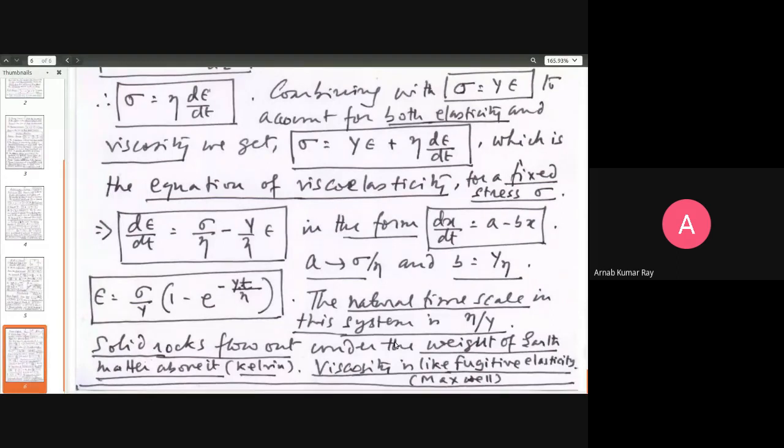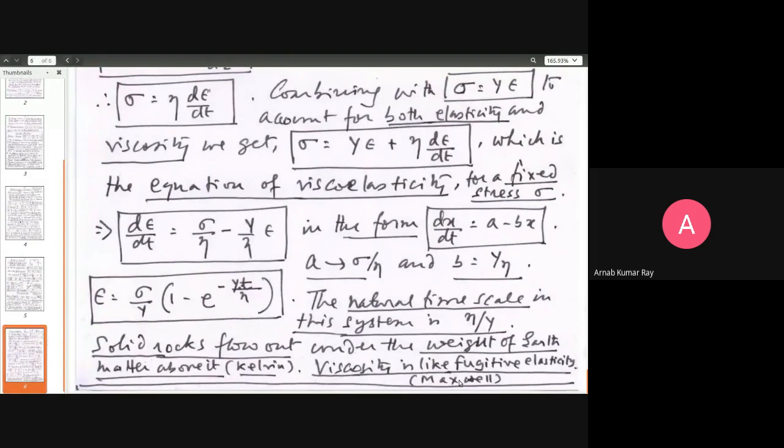Similarly with wax, as in candles. Although they look solid, if you apply enough pressure, it will start flowing out. So although they look solid, they have a defined shape and all those things, under stress their liquid or fluid kind of behavior becomes apparent. So that is what it is. A solid rock will flow out under this large stress that's being applied.